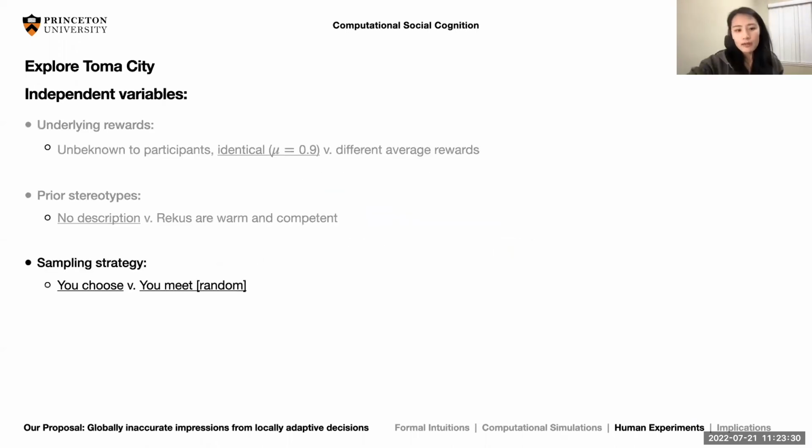All right, just to remind you, here are our underlying manipulation treatment effects, but they all correspond to our model configuration. But for the interest of time, I'm only going to highlight the sampling strategy. So we have 2 conditions. You will either be assigned to this you choose condition. That is what we saw from the demo. You're going to select whoever you want to work with, or you will be assigned to a you meet condition. And there, you are going to meet the people we prepared for you, and we make sure that you meet random people. So that is going to mimic our random sampling condition in the simulation.